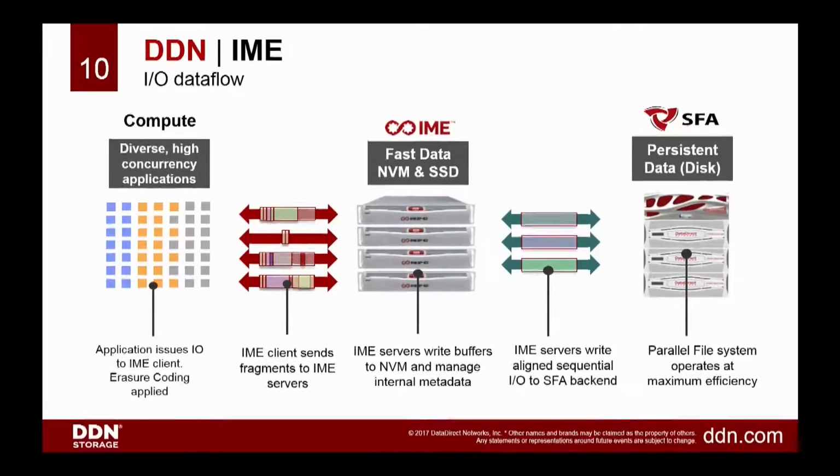What that's going to do is intercept the I/O coming from the applications through to the file system. So rather than going straight to the file system, the IME client grabs that I/O and sends it sideways into our burst buffer right here in the middle. Later on, it'll be tiered down to the parallel file system. So as far as the users are concerned, when they type ls or whatever, they see their files and nothing's changed. It all seems pretty normal, but the fact is their I/O has been